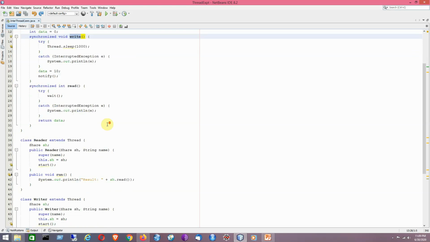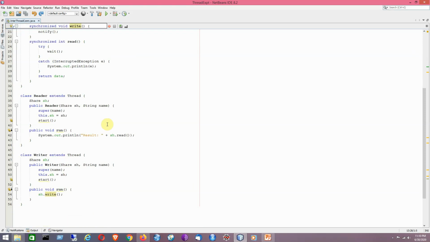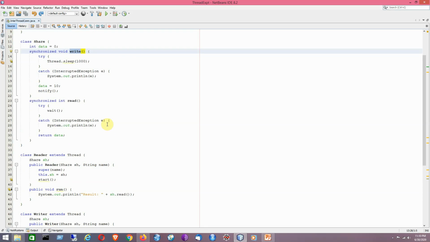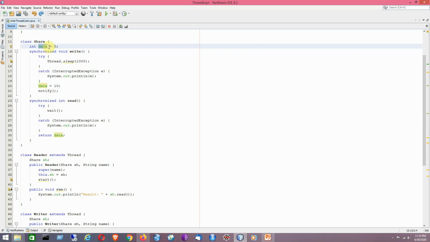So try to remember this concept here. Now, it has two methods which are also synchronized methods. That means by using the write method we are going to update the value of this variable.